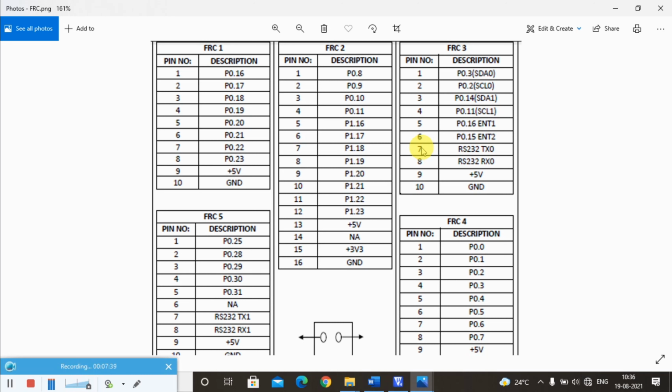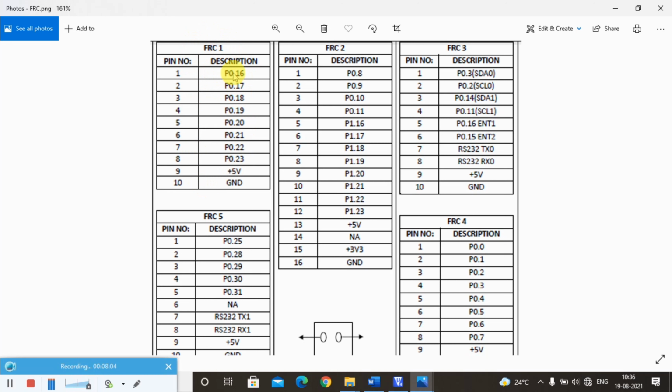I am going to show this when I execute this program. I am going to tell you the detailed configuration, how the data are passing from the processor to the controller and then from the controller to the hardware. So as of now we are using FRC1. We are connecting the controller to the stepper motor through FRC1, and in FRC1 you should remember what ports we are using.